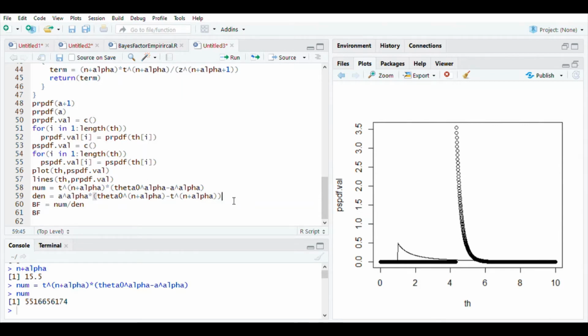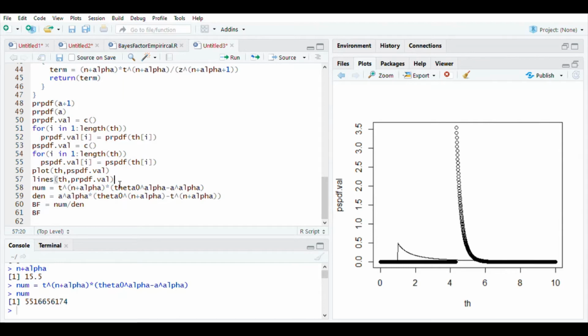So what will be the prior probability then? In fact, what we can do is, instead of computing the numerator and denominator like this, here we are forgetting one fact: the prior probability should be computed only for those values for which theta is greater than a. Similarly, the posterior probability expression is valid only when theta is greater than t. Otherwise the posterior probability will be 0.